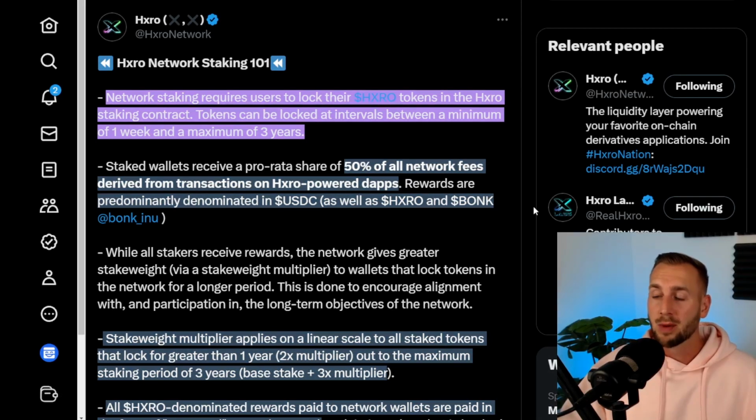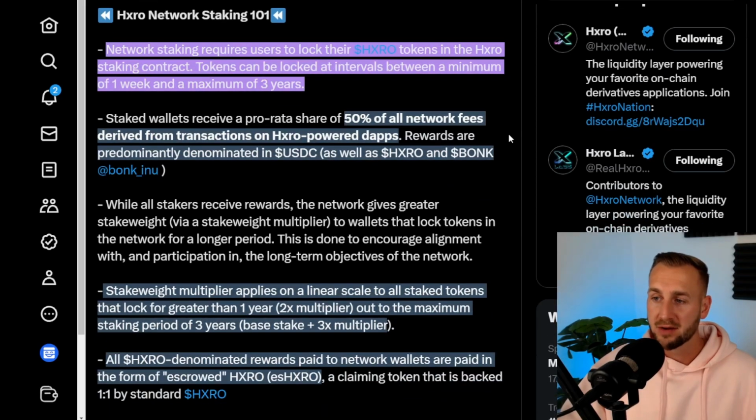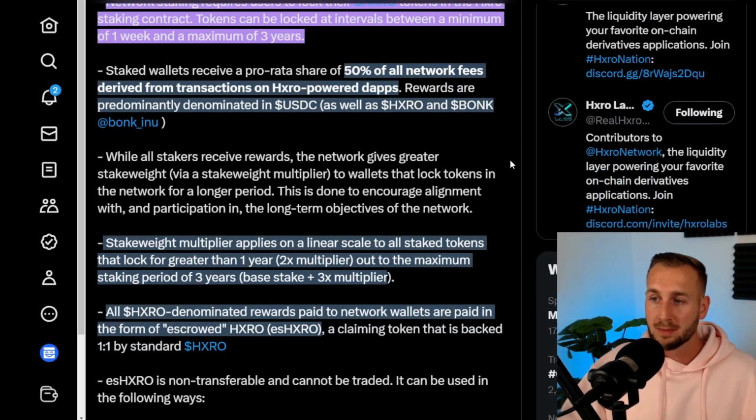So if you have the HXRO Network token, it is a governance token, but as I say, a value accrual mechanism as well. You have to stake it for intervals between a minimum of 1 week all the way up to a 3-year period. Now, 50% of all network fees derive from transactions on HXRO-powered dApps. So this could be derivatives markets, they could be the parimutuels, betting applications, etc. That 50% is going straight to the pockets of those HXRO stakers. And predominantly, this will be in USDC, as this is what the settlement token is for most of the dApps. There will be some HXRO and also bonk rewards as well, but the majority will be in that real yield